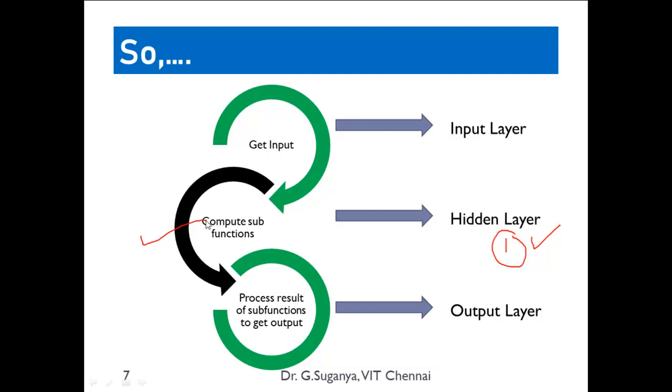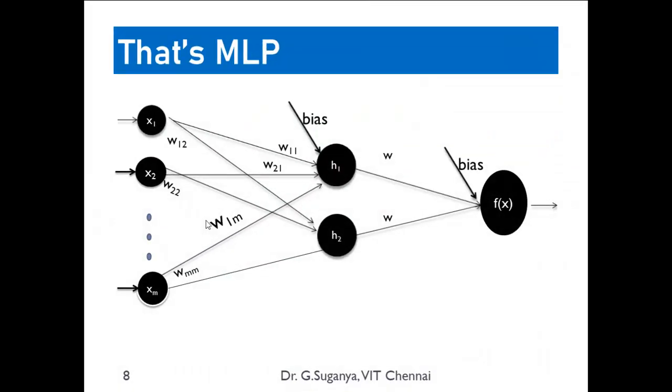For example, in modular programming, we try to break down the program into submodules, submodules, submodules, till we are convinced. Likewise, you can add hidden layers until you get a satisfactory result. These hidden layers will process small portions of your requirement and pass the output to the next layers for further processing. Now I hope you can understand the functionality of a multi-layer perceptron. This is how it goes.